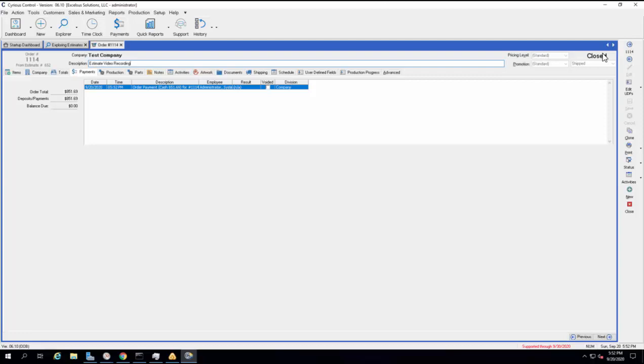Now, I could have done those in multiple payments, which would have left it open until all payments were in. I can also, if I have the right permission set, if for some reason I need to reopen the job, I can go back to sale. Maybe they didn't mean to pay in cash. They wanted to pay on their card. You can go back to sale, void out the payment, and take the new